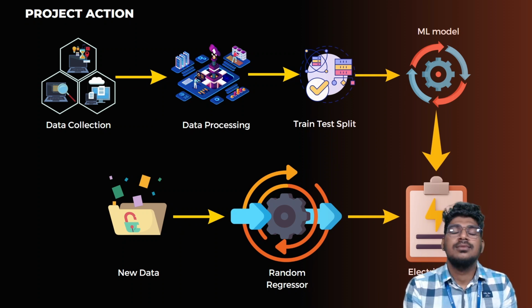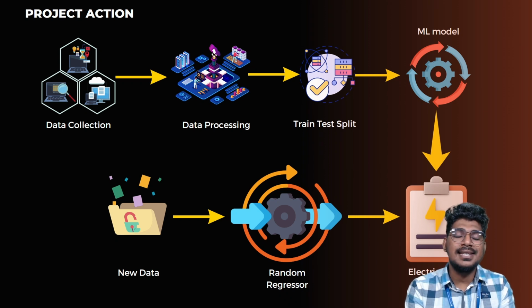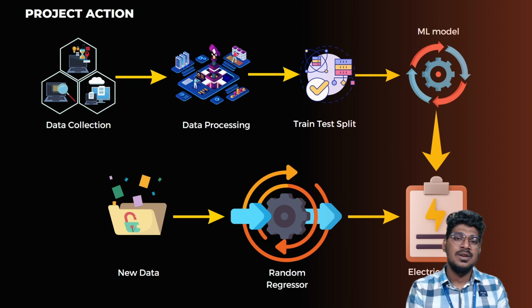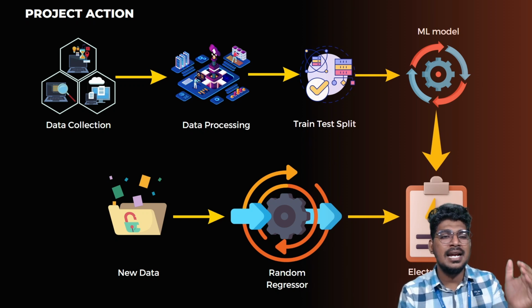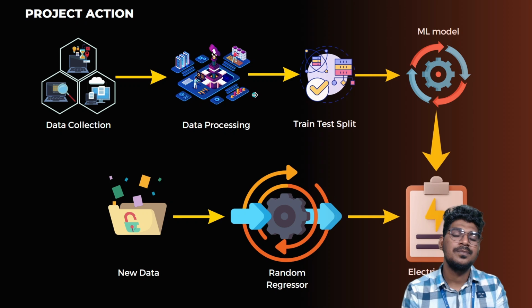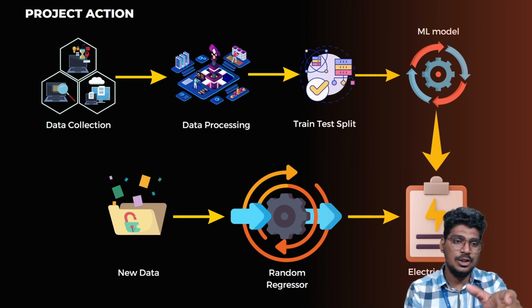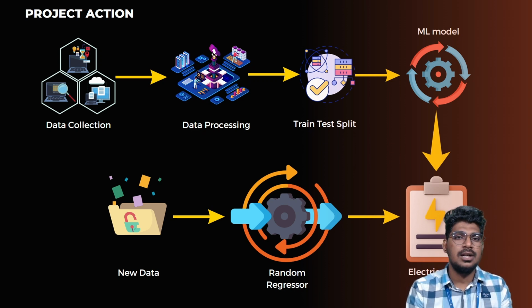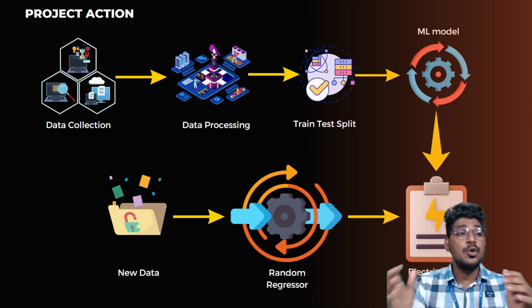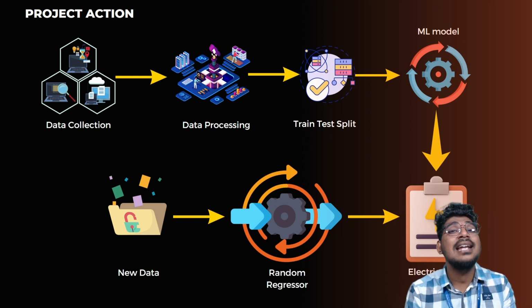The data collection. Once you are fixing the target, we need to collect the data for electricity. For example, the data features may be daily basis, unit wise, a month, a year. We need to collect the particular data for our particular target. Once you collect the data, what are we going to do? That is the data processing.